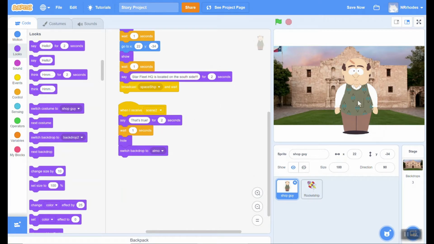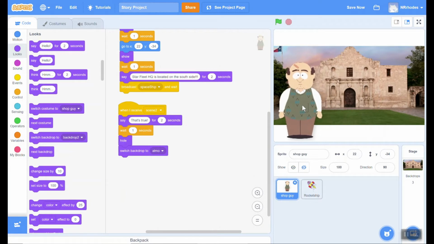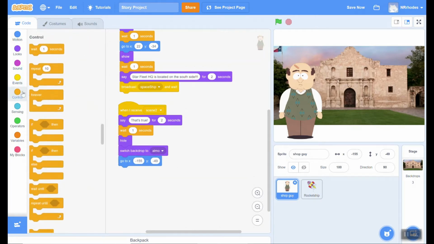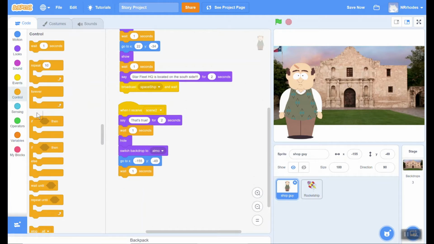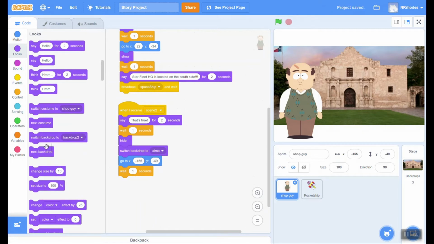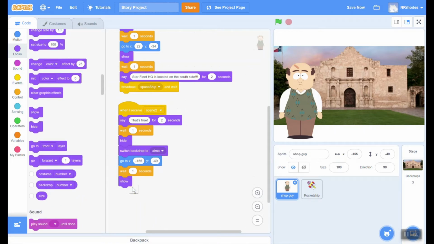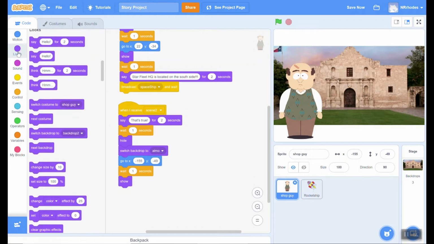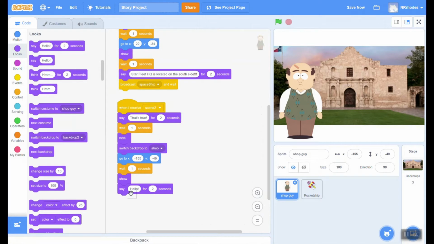At this point, Mr. Adler is going to go to the side of the Alamo. Motion, go to here. Let's wait 1 second and then reappear. In this one now, I want him to say what his favorite movie is. The Alamo always reminds me of my favorite movie,